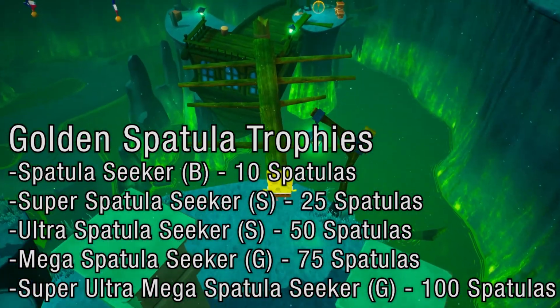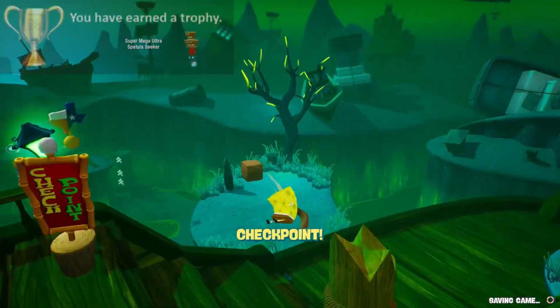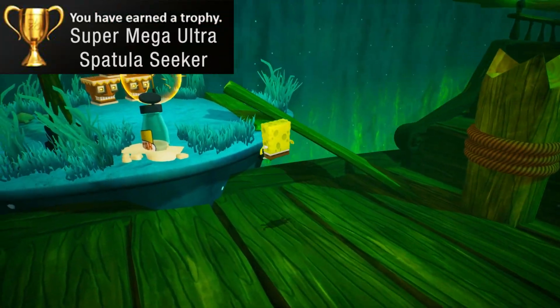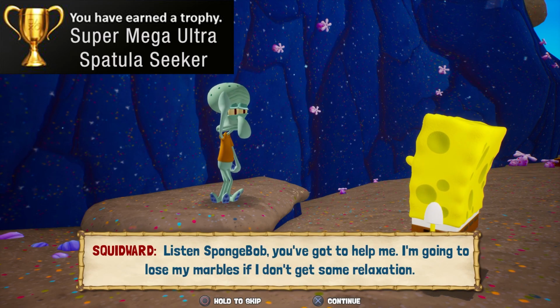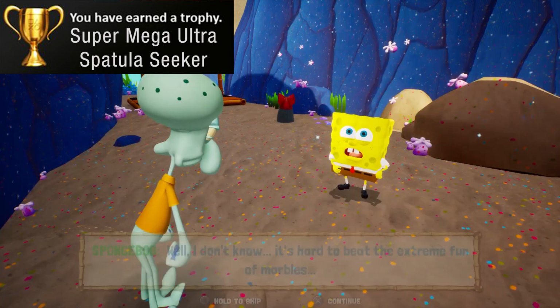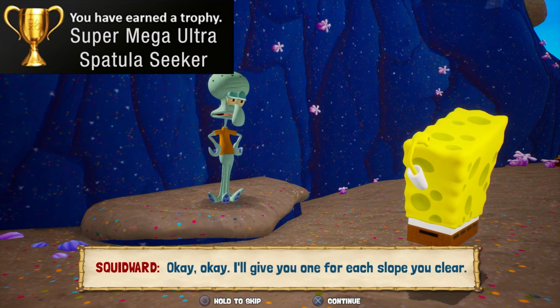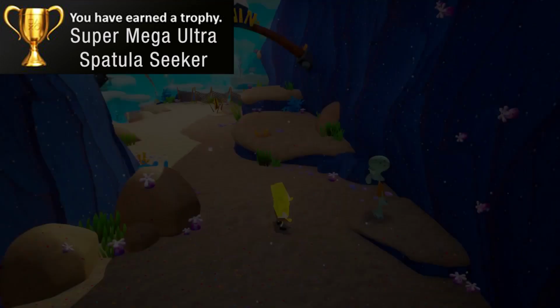Ultimately, you will be going through all the levels collecting a total of 100 Golden Spatulas for the Super Ultra Mega Spatula Seeker Trophy. The most common way you will get the Golden Spatulas is by completing missions for SpongeBob's friends like Mrs. Puff, Larry the Lobster, Mermaid Man, Barnacle Boy, and even Squidward. Okay, it's questionable whether these people are actually SpongeBob's friends, but they will give you spatulas if you help them